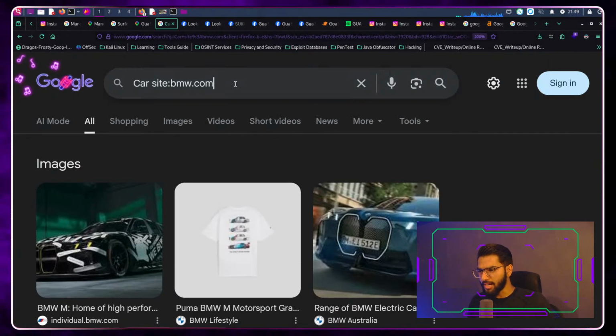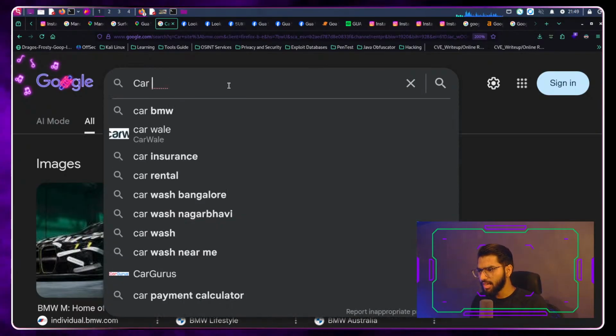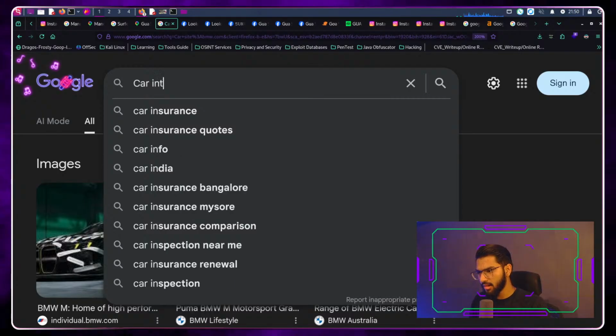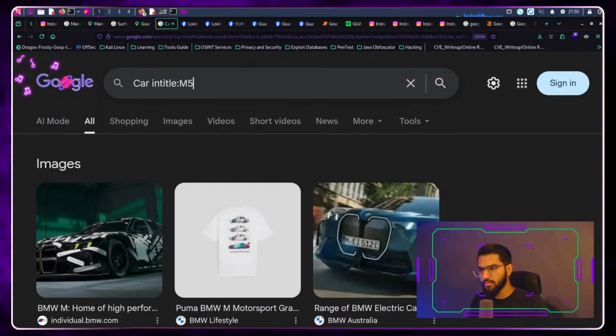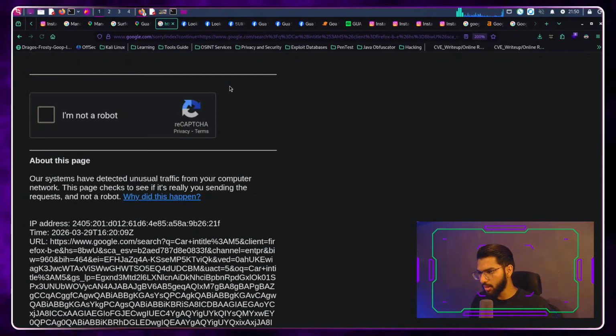This can also be combined with specifying in title, which is that if I want to search a word but I want something specific in the title, I can say intitle and then say I want M5, which is a series of BMW.